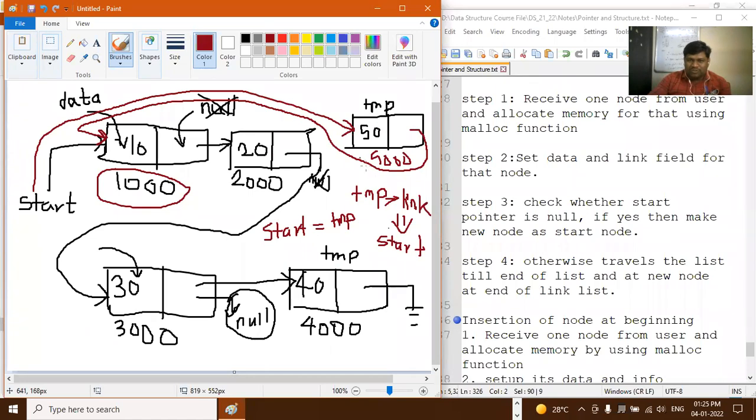And automatically this 50 is inserted at first of the linked list.